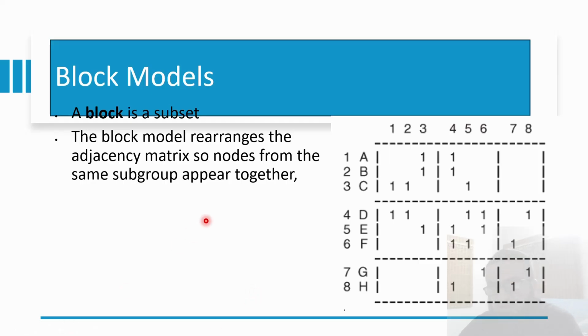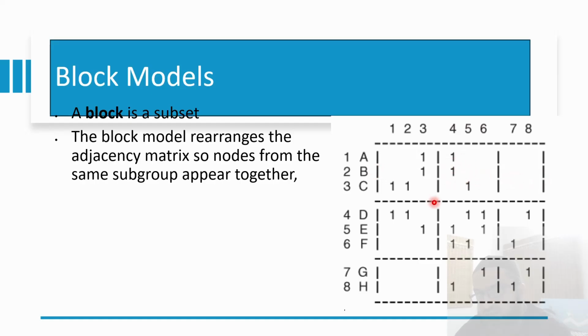So for example, if nodes number 1, 2 and 3 belong to the same group, nodes number 4, 5, 6 belong to the same group, nodes number 7, 8 belong to the same group. So we do the grouping a priori and then we make this block diagram. And the same we do for the rows, and then we put the adjacency signs. For example, it is an unweighted network, so 1 and 0. So if you see this one, the number of links of this particular group, node A, B, and C, or node 1, 2, and 3, whatever you label it, the count of links within the group are 4, and the count of links outside the group